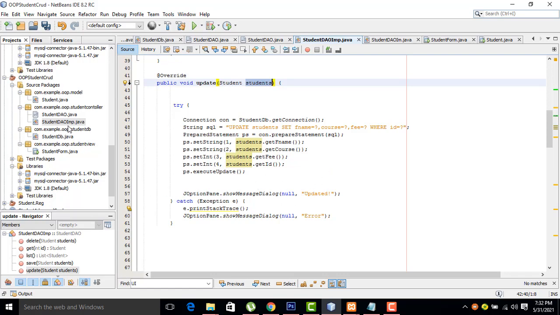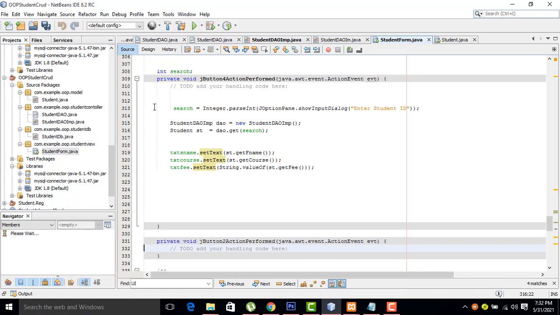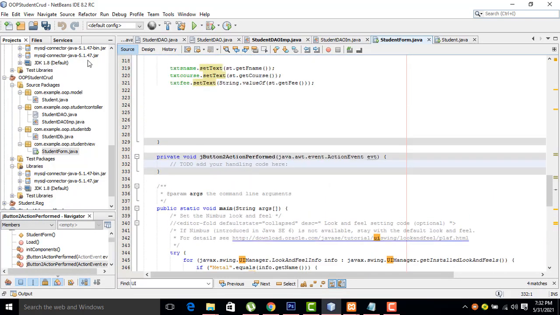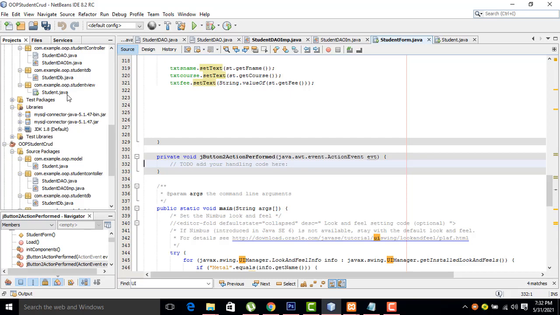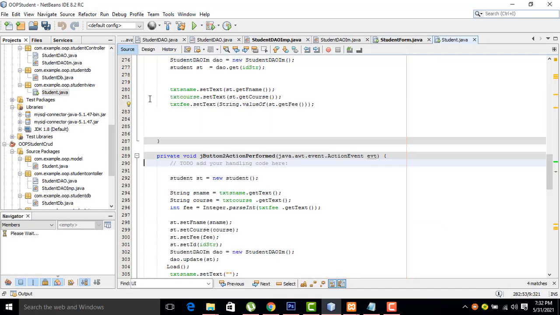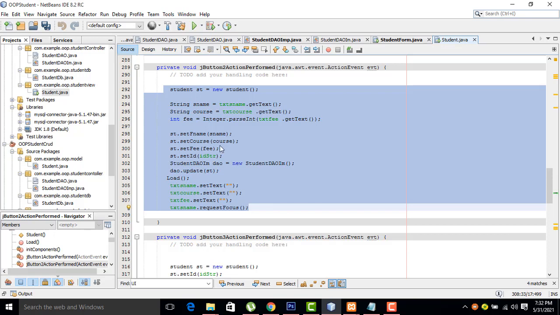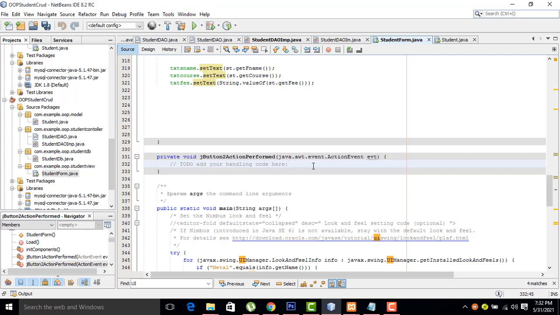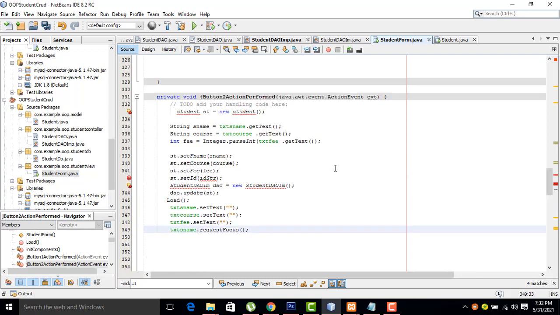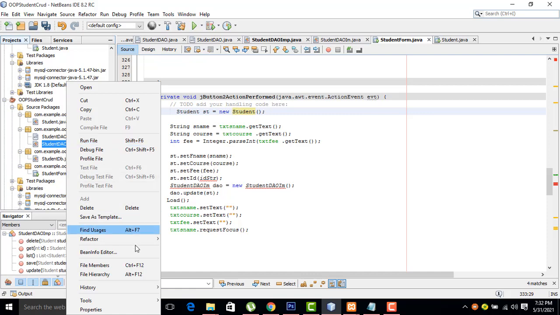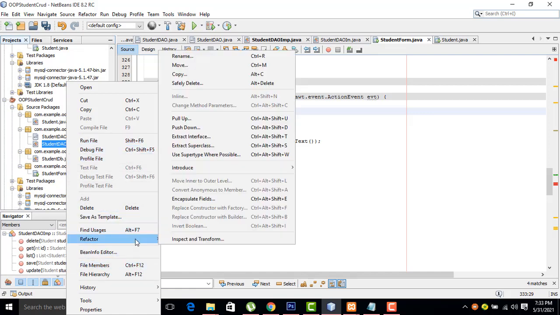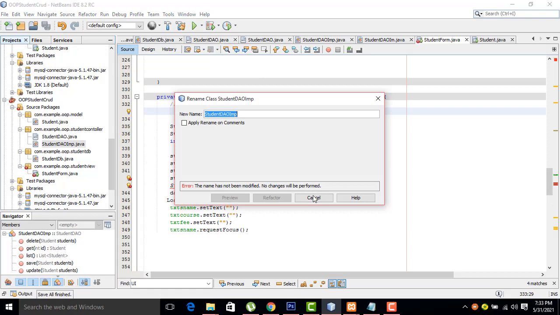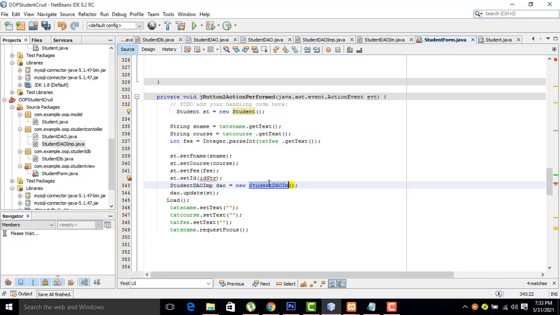So what I did here is, in the form, double click on this. We have to do the same thing, get it here, right? This is the code. I have no need to explain again and again the same thing like the add part. If we explain it again, it will be irritating for you, right? So this is a DAO, the same DAO implemented. Copy, paste it here, right?